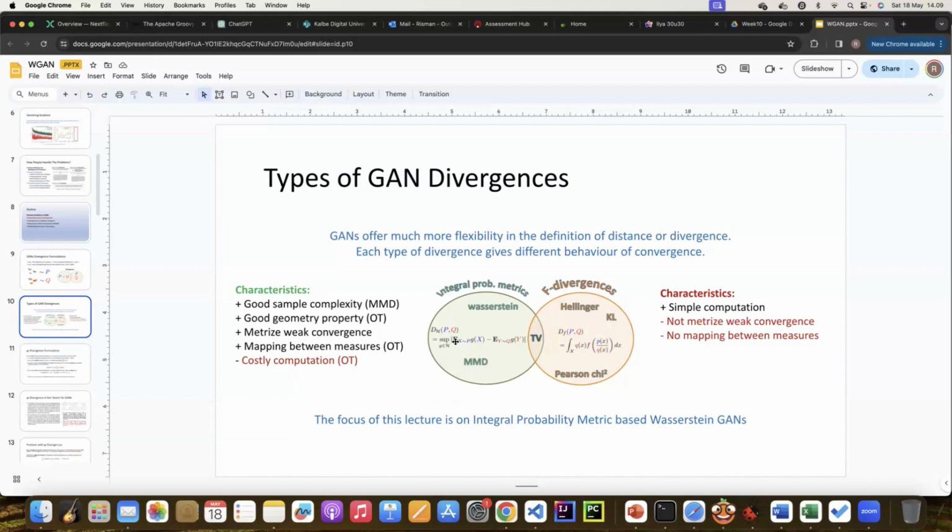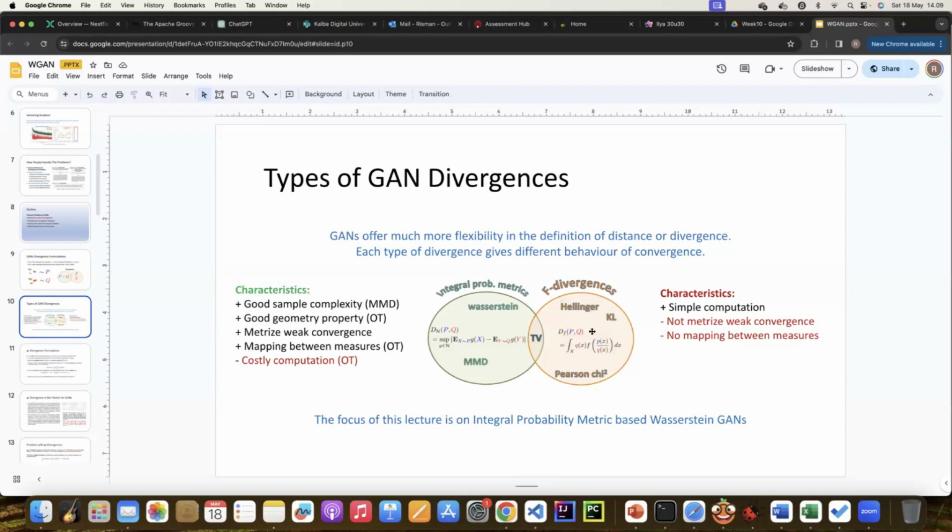That's why here you find expectation value from the samples, because we don't know P and Q. Another side is F divergence. F divergence is probabilistic, while IPM mostly comes from optimal transport theorem. F divergence comes from probability theorem, like Kullback-Leibler divergence, or KL, or Jensen-Shannon divergence, which is the symmetric version of Kullback-Leibler divergence. Other divergences like Hellinger or Pearson chi-square